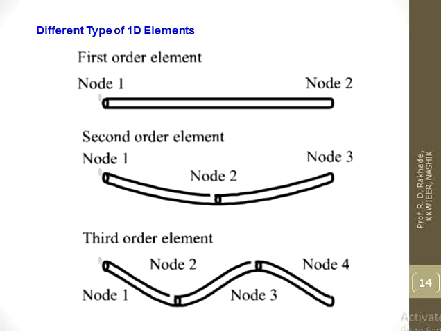If you particularly talk about 1D element, first order element has one element and two nodes. In second order, nodes increase. If there are three nodes, that is second order. Then four nodes, that is third order. In this way we can increase the order. If nodes increase, element order also increases. So the number of order is equal to number of nodes minus 1, meaning the available nodes present in the element.